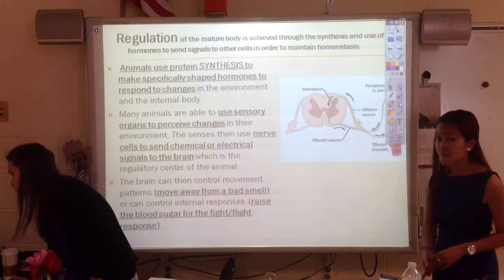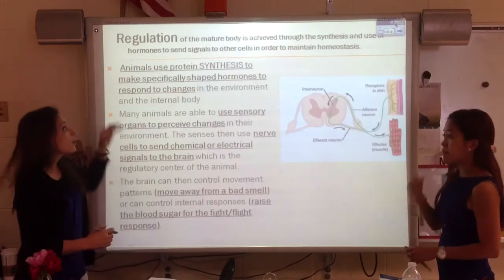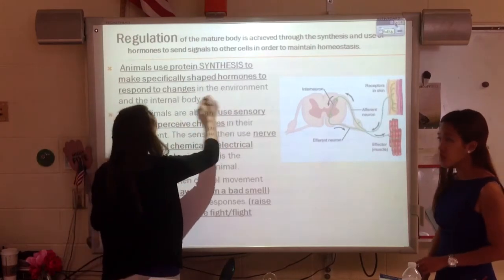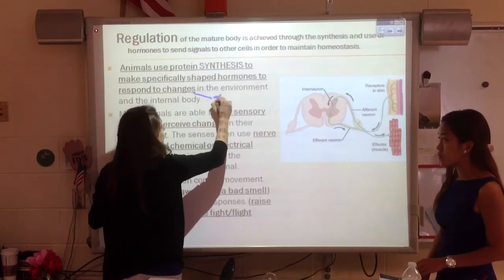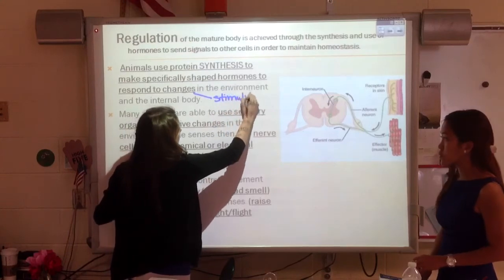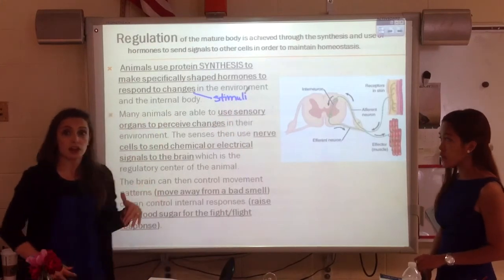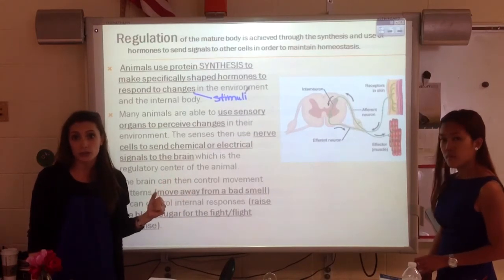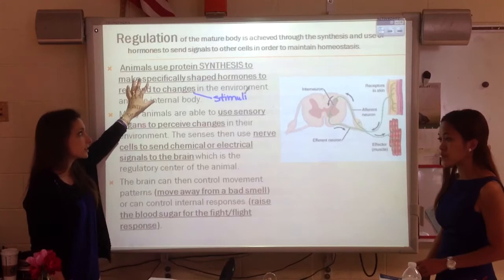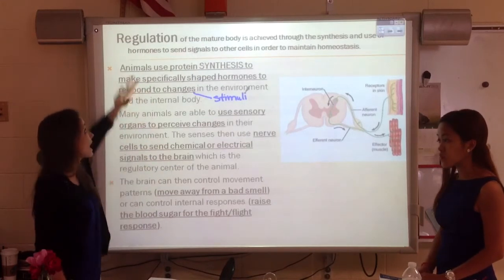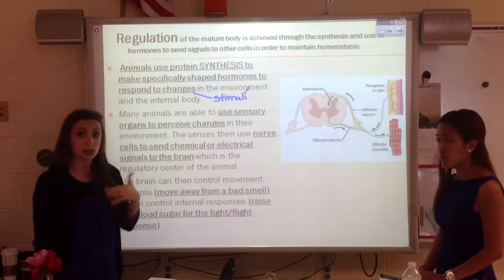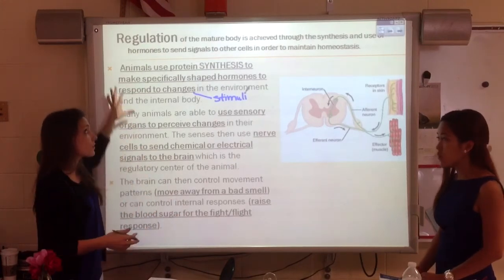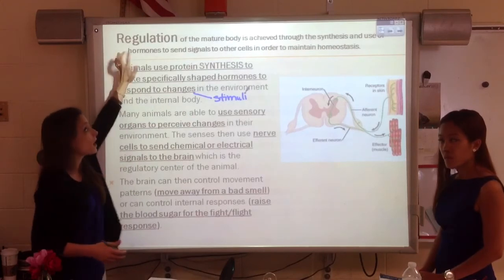And that's somewhere that we want to stop for a second as well, because animals need to be able to respond to things in their environment and their body, and these changes are sometimes called stimuli. So when there's a really loud noise, you turn your head and look to see what that loud noise was. But there are other changes in the environment that cause your body to have to regulate. What about when it's really cold or really hot? What if you're really hungry? What if you're really full? The animal's body is going to respond to that.